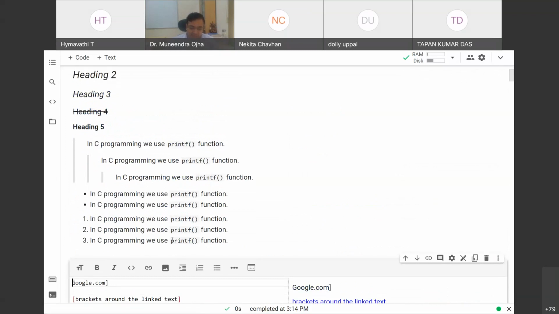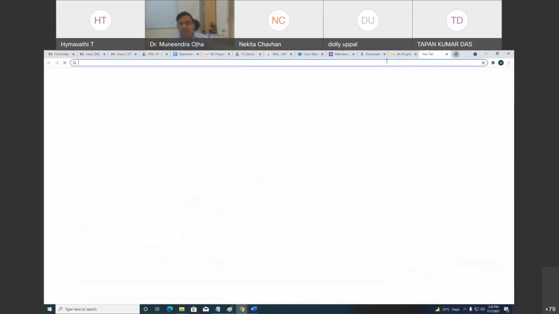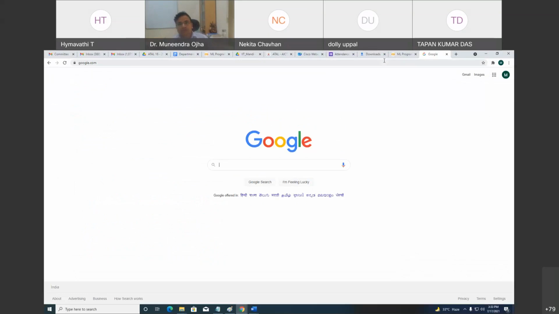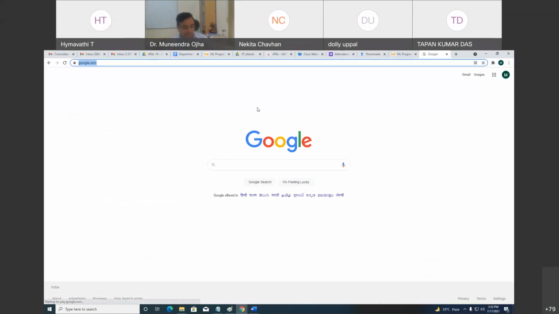I will surround it with square brackets, and at the end I put parentheses, and within this I will put the complete address. Let me just copy it. Complete address means HTTPS.